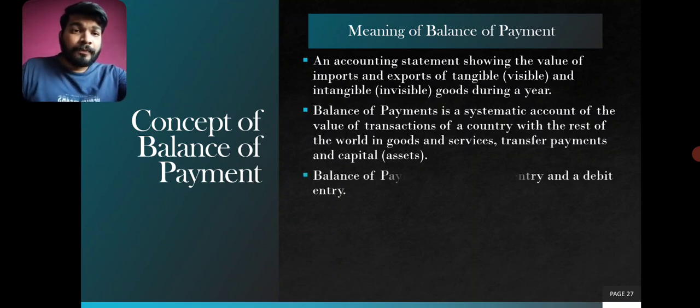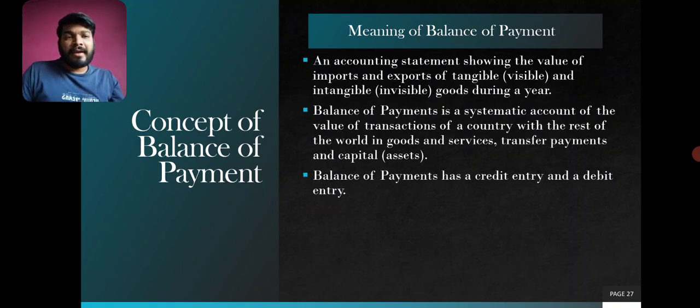Clear? Okay. So it has a credit side and a debit side. You are a commerce student, you are learning accounts, and you know the final account, or earlier from the final account, if you have learned cash books, the receipt side and the payment side are there in the 11th standard.